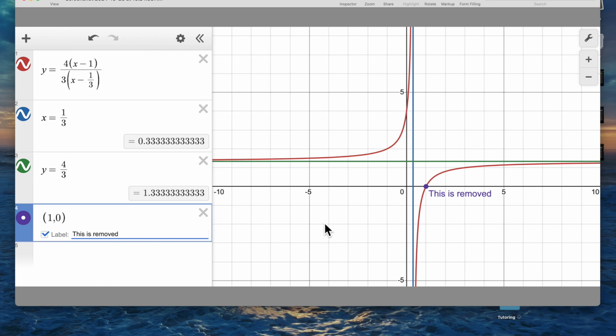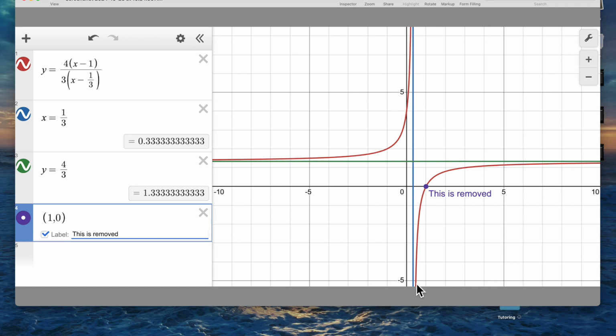One thing I forgot to mention is the fact that our vertical asymptote has a 1 as an exponent, making it odd. Then as we approach the vertical asymptote, the graph is going to head in opposite directions. So here, this red graph, as we head towards the vertical asymptote from the left, is heading towards positive infinity. And here, as we're heading towards the vertical asymptote from the right, the y value is heading towards